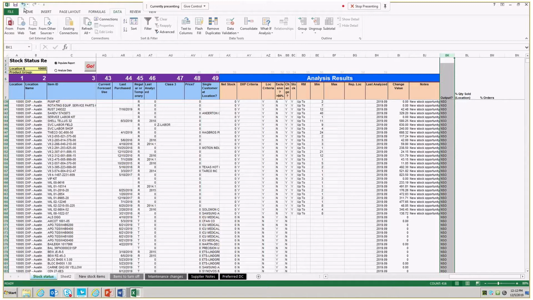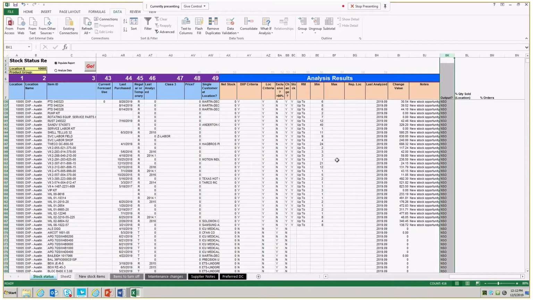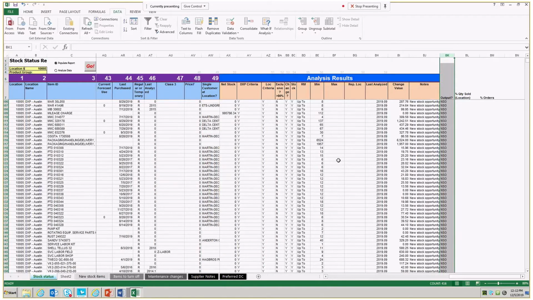There's a blue arrow that points back, kind of circles back. If you want to go back and click it a few times, it'll back up to before you sorted it. And then you can pick a new sort and do it a different way or whatever. But the point I'm getting at is that you would look through some of these. Let's just say that all of these PTD items over here that I just highlighted,